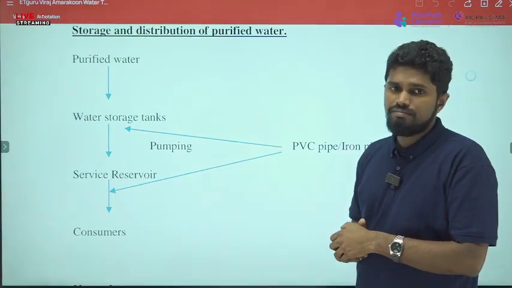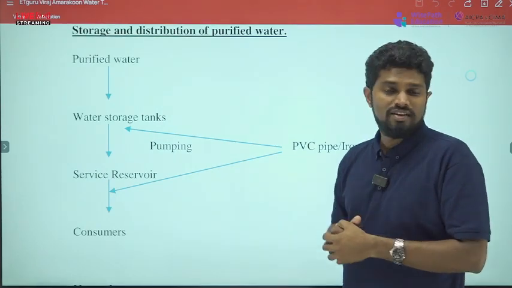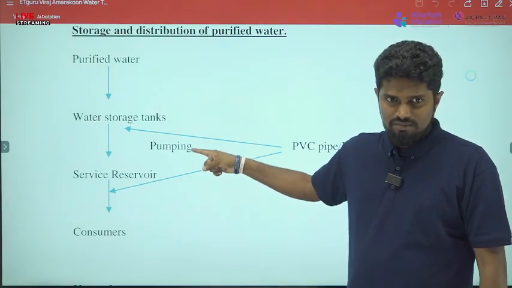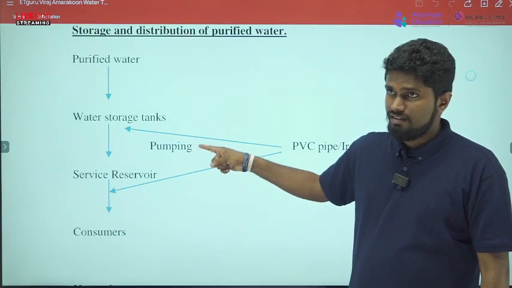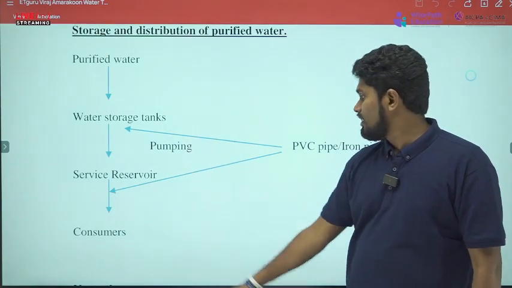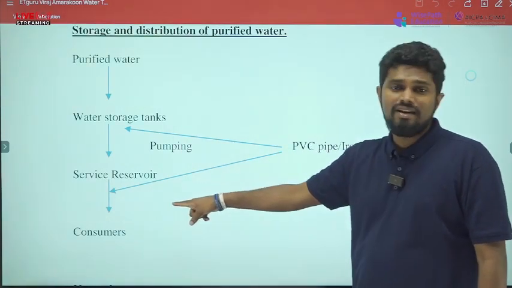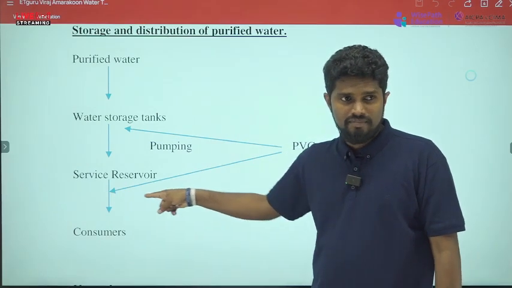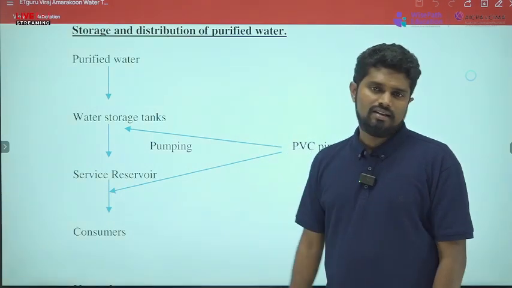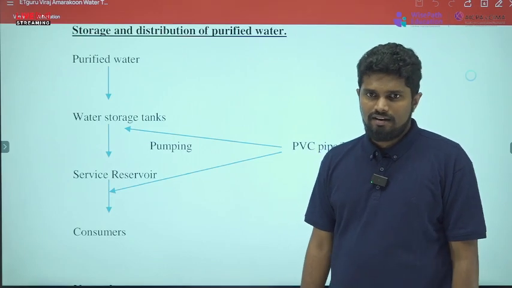Okay? And from the service receiver, it means with a water tank, from the water tank, it means with a service tank for the consumer, the water flows by gravity. Put the word like gravity. Gravity acceleration.